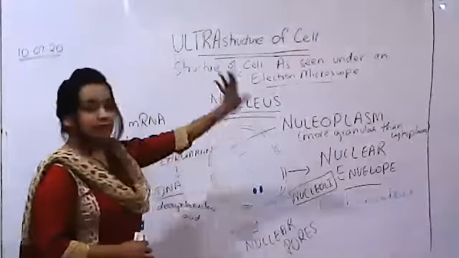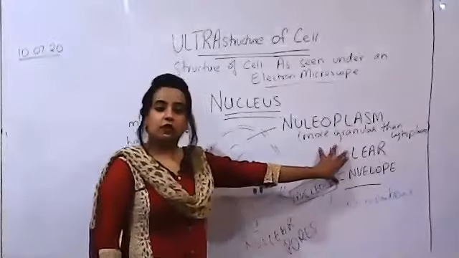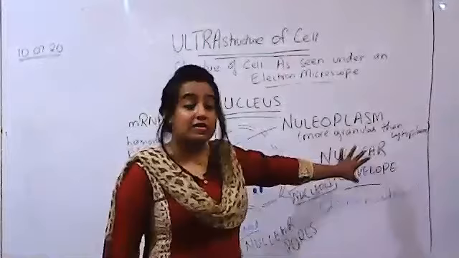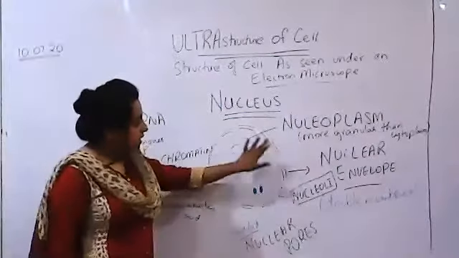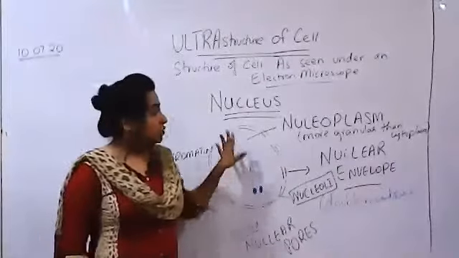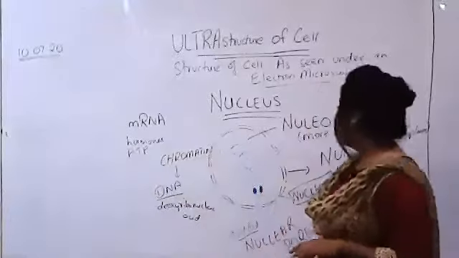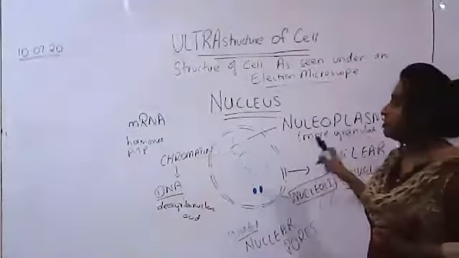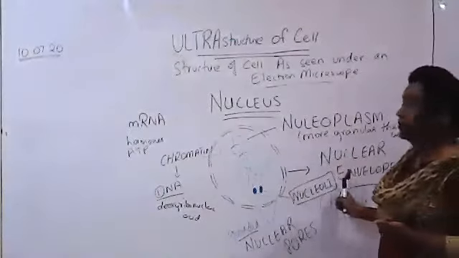So repeating this up, the ultrastructure of the nucleus: the outermost membrane is termed as the nuclear envelope. The reason we're calling it the nuclear envelope is because the membrane has a double boundary. It has two membranes, therefore we call it what? The nuclear envelope, an outer membrane and an inner membrane. The innermost area is covered with nucleoplasm. Nucleoplasm is just like cytoplasm. It's only more granular, and the other difference is it's present within the boundary of the nuclear envelope.